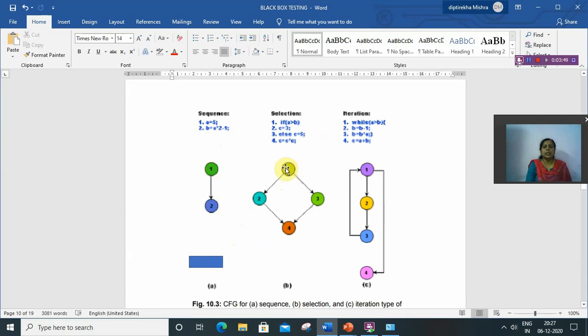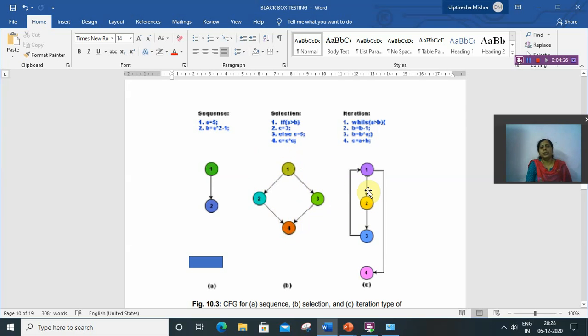In selection, if there is a condition and the condition is true, then one part of the program is executed, and if the condition is false, another part is executed. So if statement 1 is true, then statement 2 is executed, and if 1 is false, 3 is executed. After that, statement 4 is executed. This is the control flow diagram of selection.